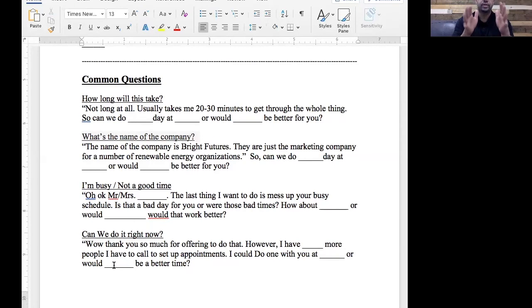Again, you should have your schedule in front of you so you know your times. That's why the video right before this is about scheduling. So you have your times in front of you. You don't want to be fumbling around when you're asking for times, right? So you want to have all your spots right in front of you. And then as you set up appointments, you can literally manually book them in through your video yourself, okay? You just type it in, get their email address, put that in, and then that person's in there. You can do it for them.